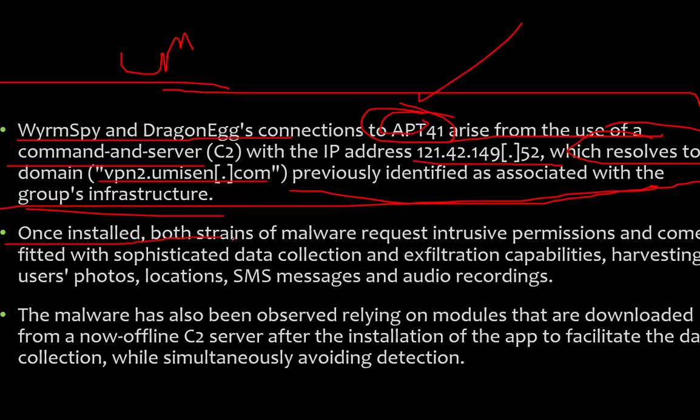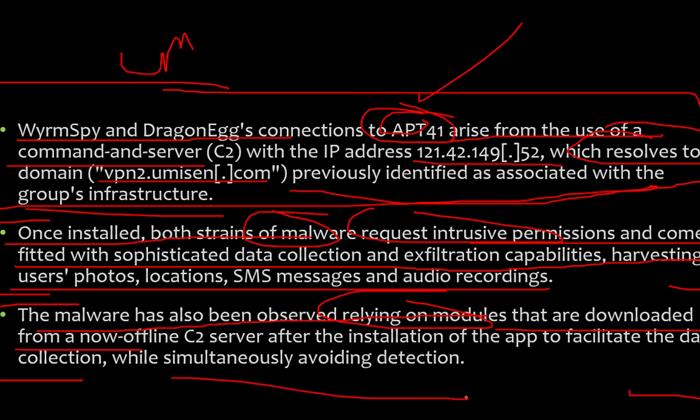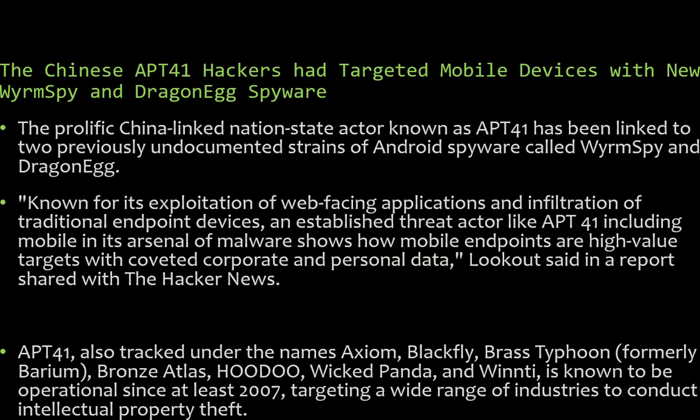Once installed, both strains of malware request intrusive permissions, and come fitted with sophisticated data collection and exfiltration capabilities, and also harvest photos and location. These kinds of things they can fetch once they have installed their code through this spyware. The malware has also been observed relying on modules downloaded from a known C2 server after installation of the apps, to facilitate data collection. So this is how the thing usually happens with the recent Chinese APT hacker group, which usually targets